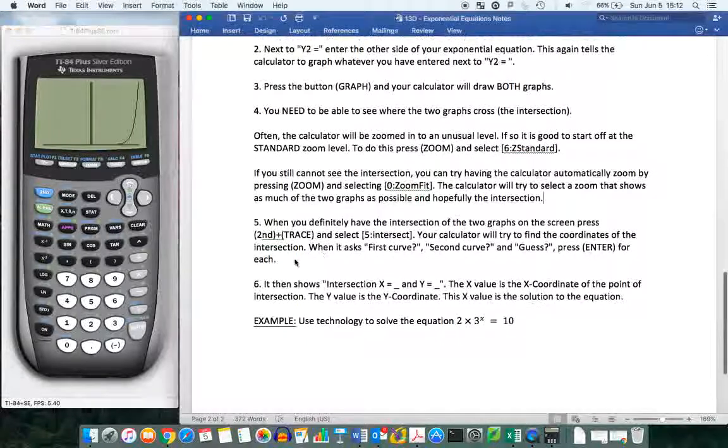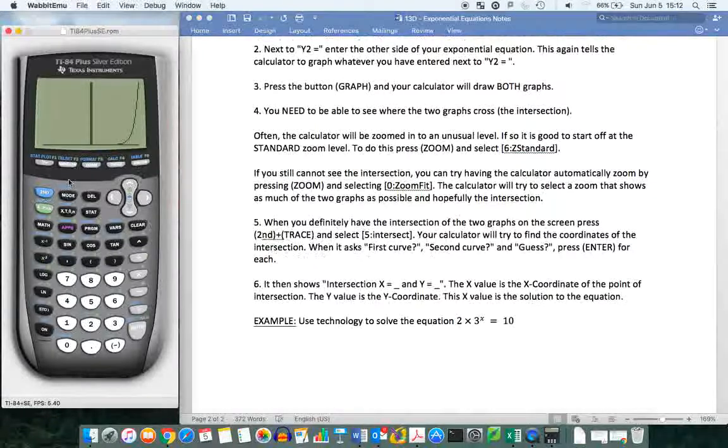Now we just need to let the calculator work out where the intersection of the two graphs is. How do you do that? You press second and trace. Second, trace, select 5, intersect. Now it asks you what the first curve is, second curve, and guess. You just have to press enter for each. And then you're telling it, can you please find the intersection for me? And there it seems to have found it. The intersection of the two graphs is going to be x equals 1.464 and so on, and y is equal